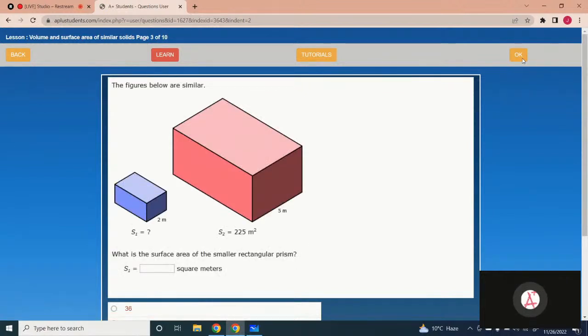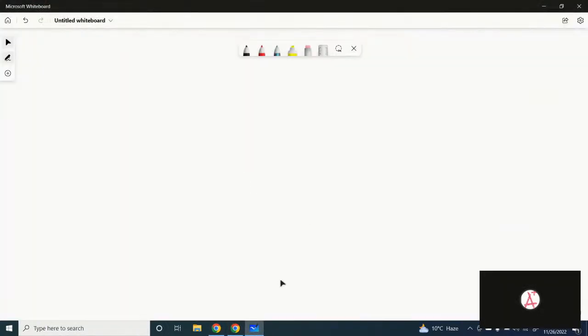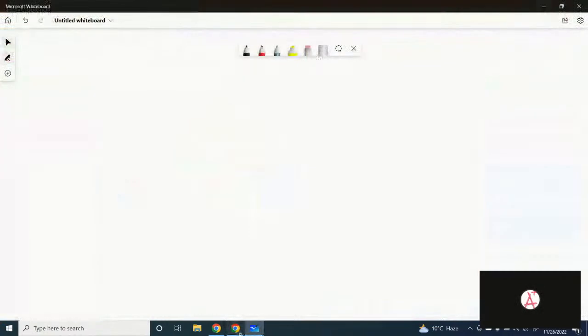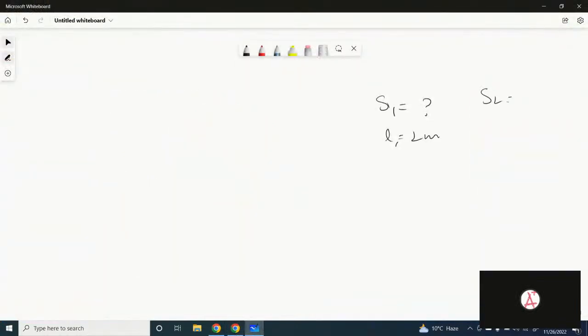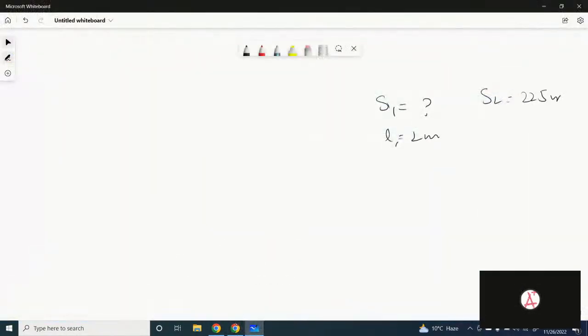Okay, the next one is, the figures below are similar. Find the surface area of the smaller rectangular prism. Okay, and the length is 2 meter for the smaller one. Got it? And for the greater one, it would be 225 meter square, and the length you are given is